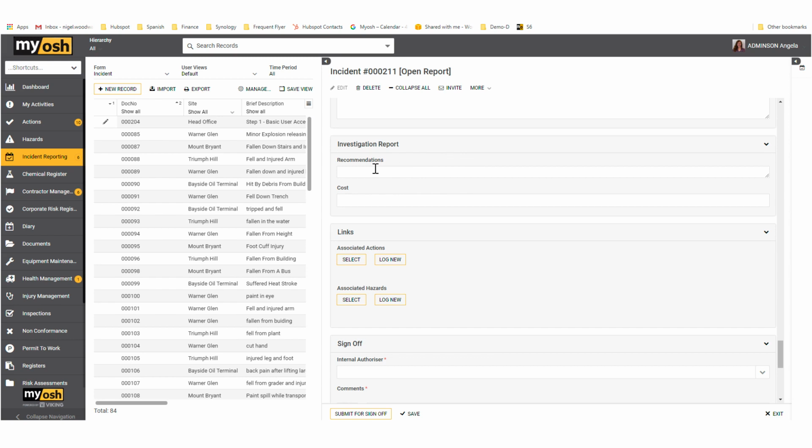Now, in the recommendations section, what we've got here is a 1-line field. Now, that's probably not adequate. What we need to do is make this a larger field, maybe 3 or 4 lines, so that we can add in multiple recommendations. Even though you can type a lot of recommendations on 1 line, it would be a lot easier to read if you had multiple recommendations on multiple lines. However, if we put some details in here,